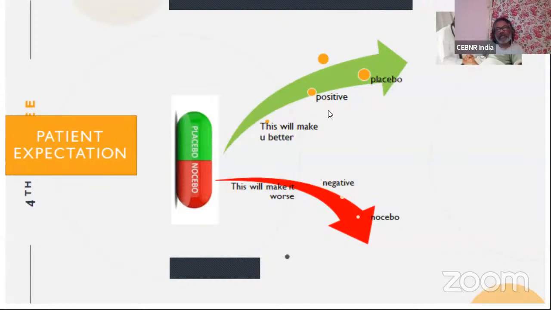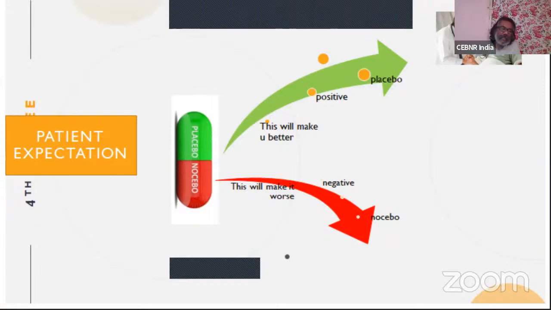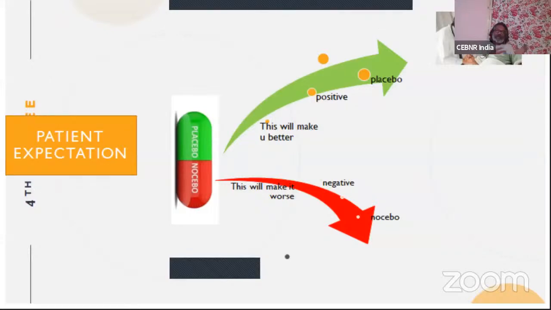That is because you are activating your frontal cortex also. It also can happen negatively. That is, if you keep on saying to the patient that your disc is gone, your bones are degenerated. If you say things like that, that can also make it worse, right? Again, what it means is that it is not just the stimulus coming from the periphery which makes it worse or good. As I told you, it is not just the noxious stimulus. It is how the brain perceives it that is far more important.